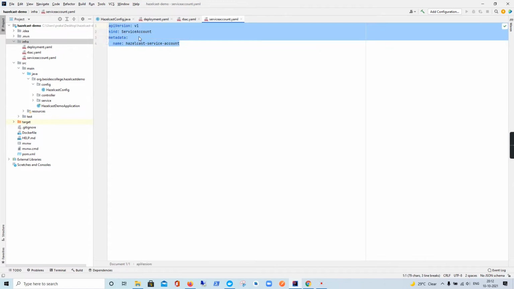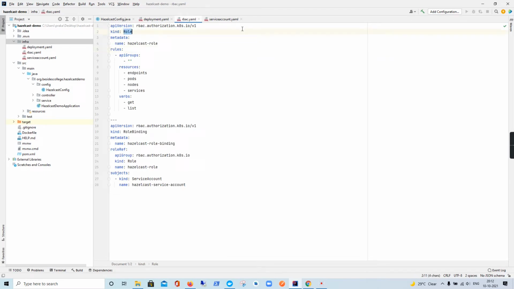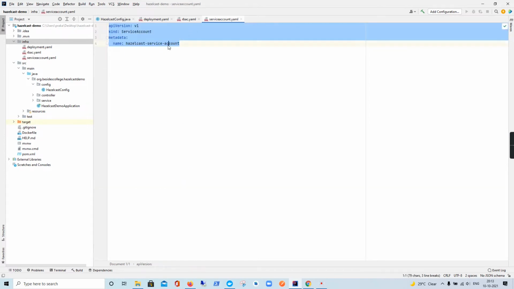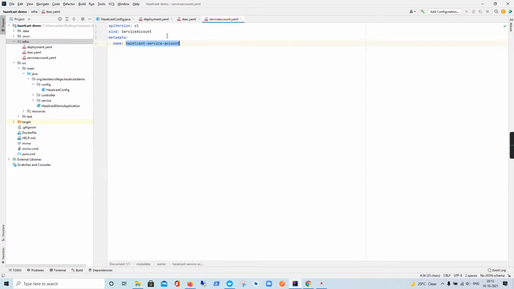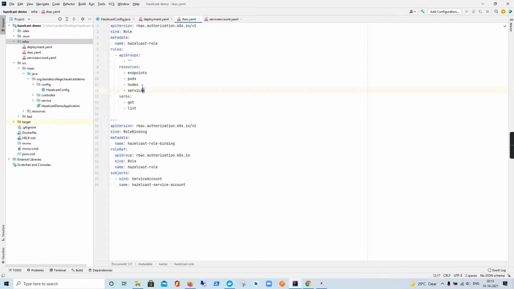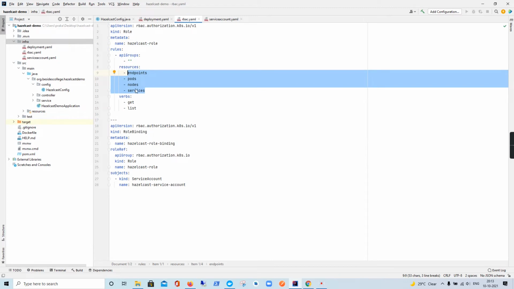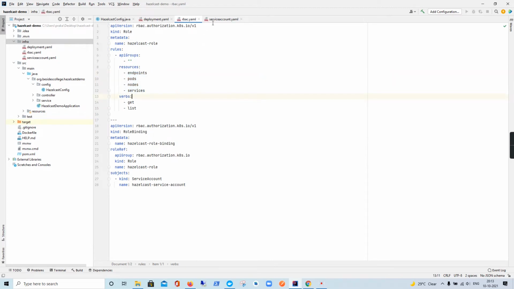A service account is a standalone object, and it gets connected with the role using a role binding. So the role binding is connecting the hazelcast-role, you can see these two names are the same, and then the hazelcast-service-account is mapped here. That's how the service account is bound to this role. So basically this service account should be able to query endpoints, pods, nodes, and services.